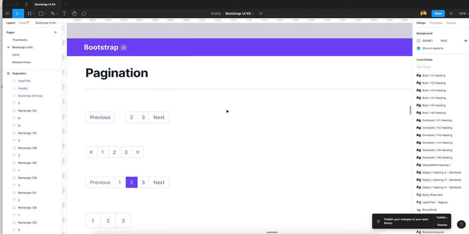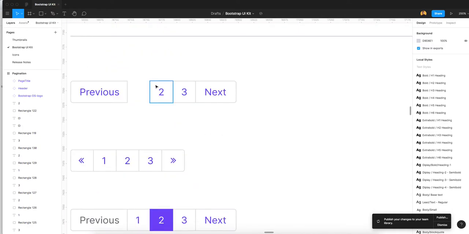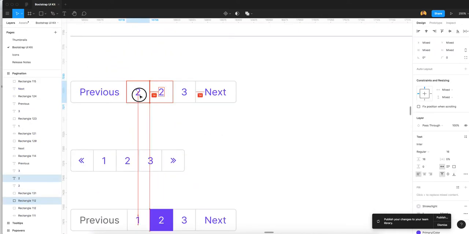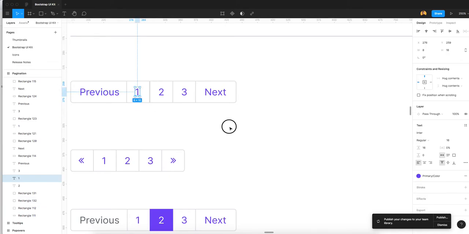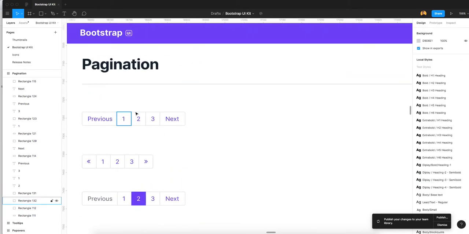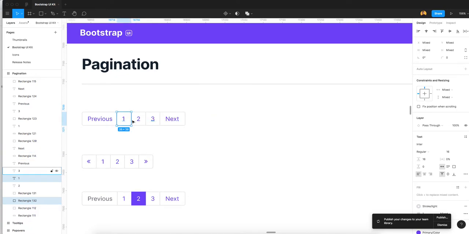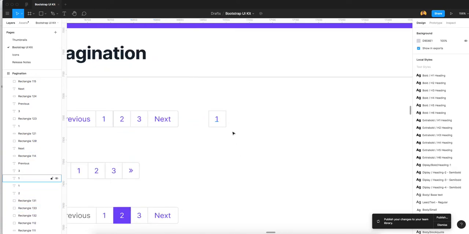We are here in our Figma tools. You will see I just deleted this. I just changed it first. Okay. You will see here is my initial level of pagination example. Now I am going to convert it into a component so it can be used multiple times. So let's begin. This is my example, I will duplicate it.